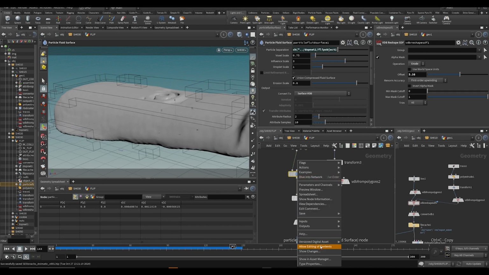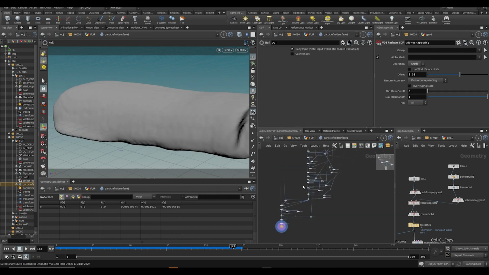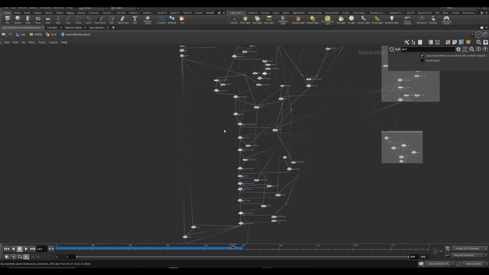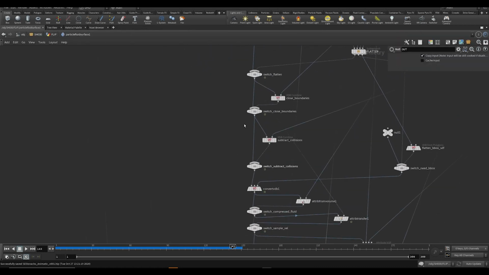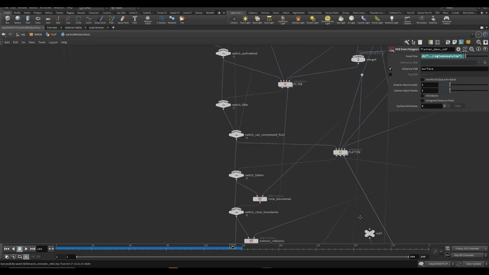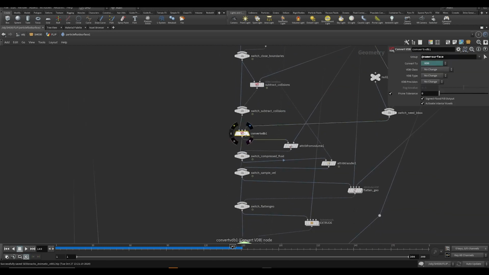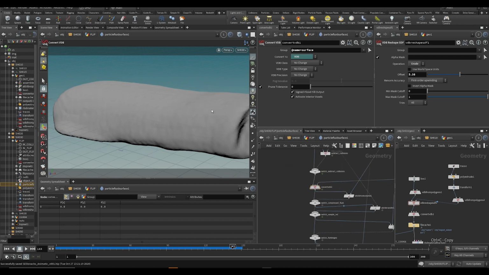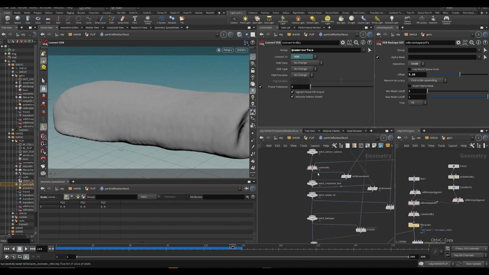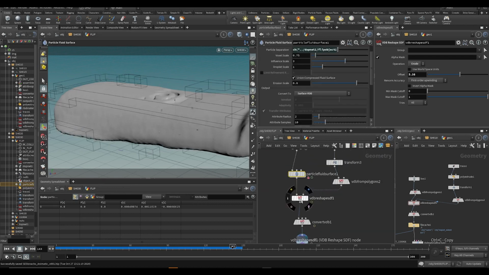If you right click on it, you can go to allow editing of contents. If you then double click on it, you can see an entire network. Let me Control B in here. So you can see it's doing a lot of the same stuff, like using all of these VDB tools, and then eventually it does convert VDB. But if we just output the VDB, it's going to bypass that step, and we can just do it